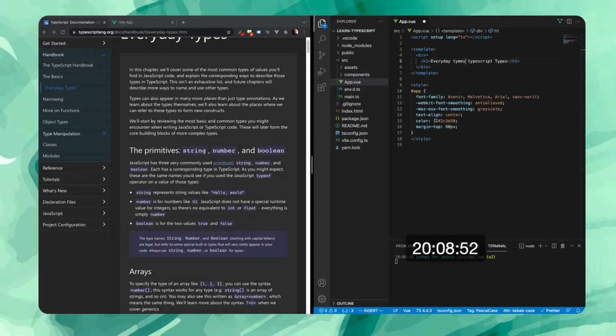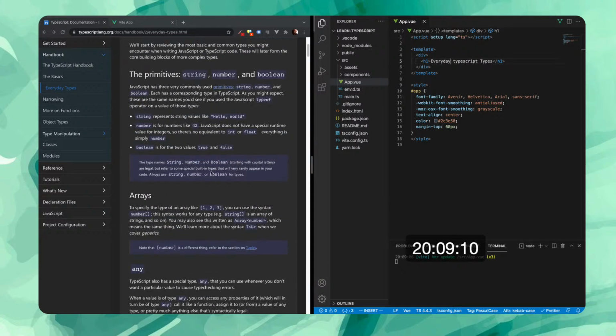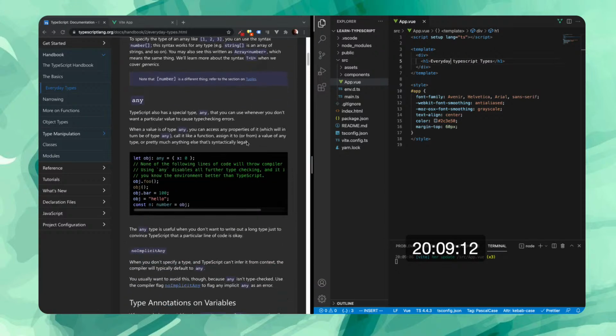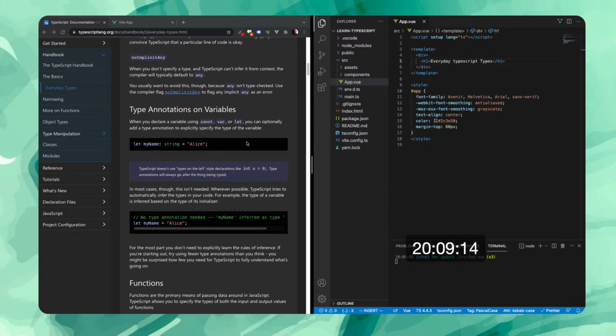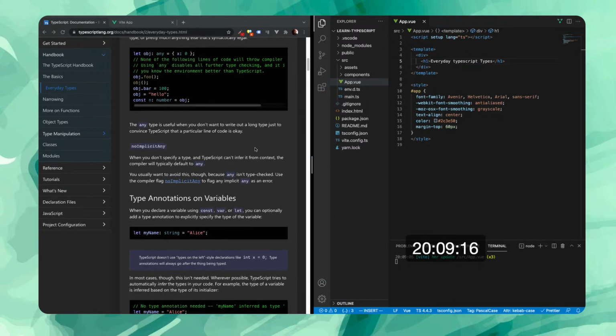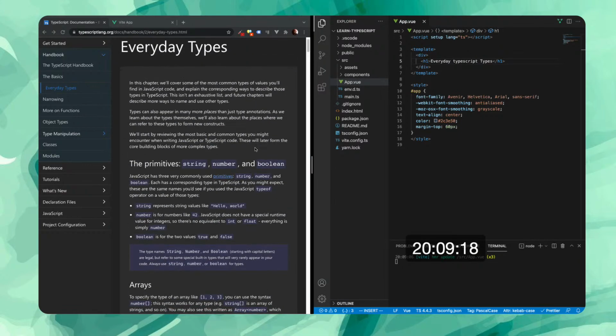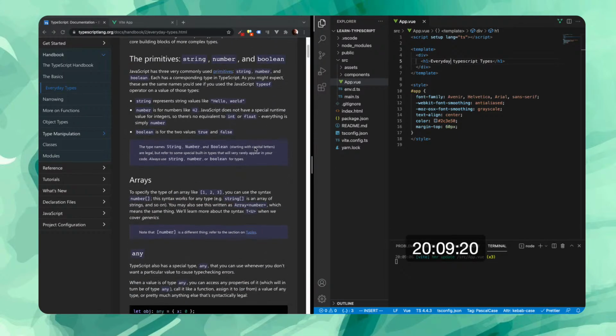If you have any questions, you can ask me. Let's see if we can finish this really fast. Everyday TypeScript types, that's what we're going to call it. Okay, the first. What does this say? Everyday types. Okay, so the first thing it says is